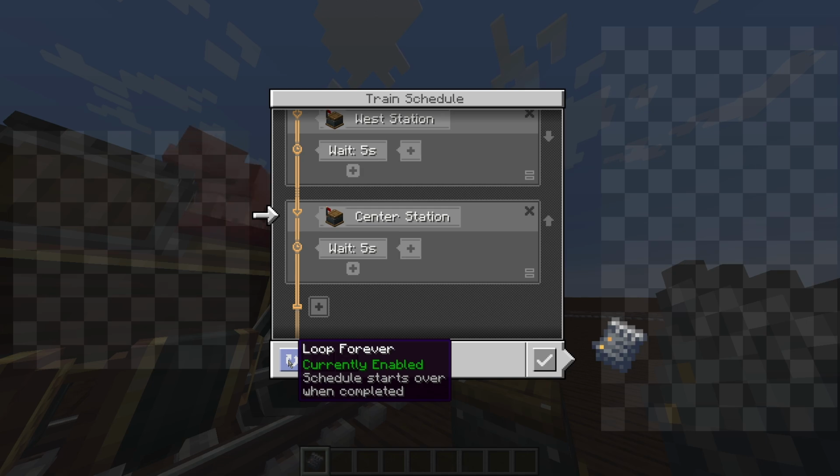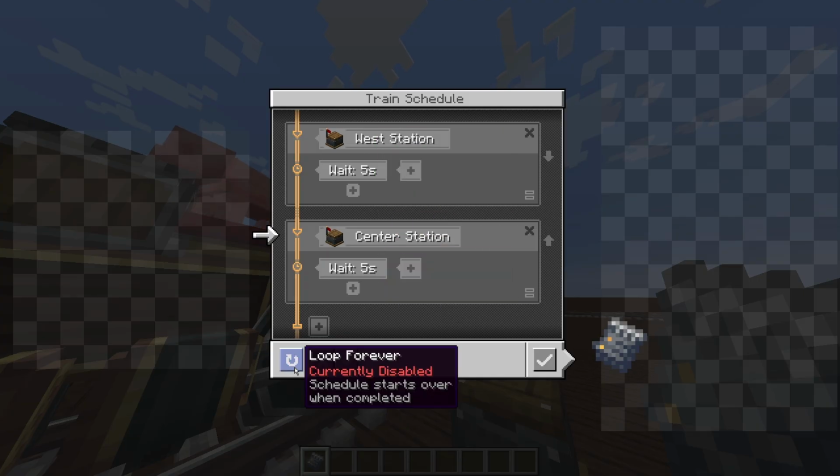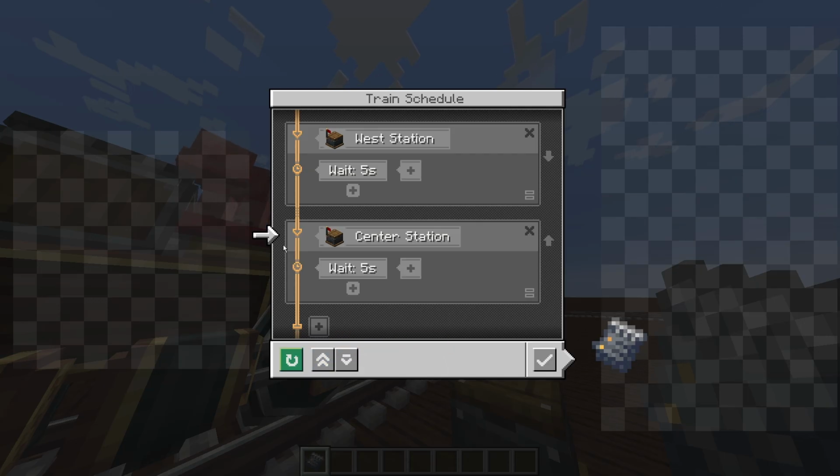Loop forever, which is enabled by default, means that when he's finished his last job, it will return back to the first one. And if you untoggle it, once he's done with all of the jobs, he will simply stop and wait at his last station. Reset progress, if you have an issue with your train schedule, you can simply reset everything